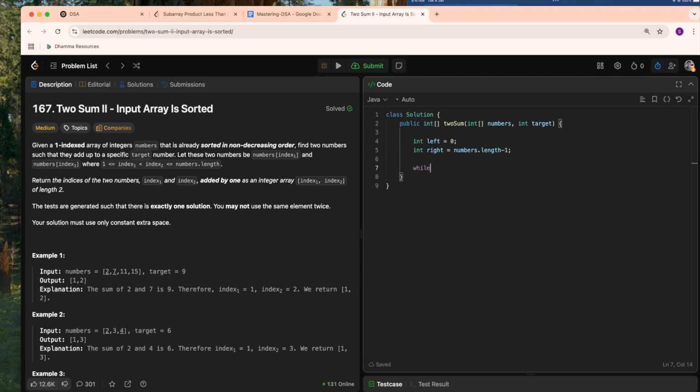Simple, so we'll just move as long as left is less than right, because why we need two values, right? So obviously left should be less than right, and we'll get the current sum nums of left plus nums of right. So whenever your current sum is equal to target, you can simply return new array